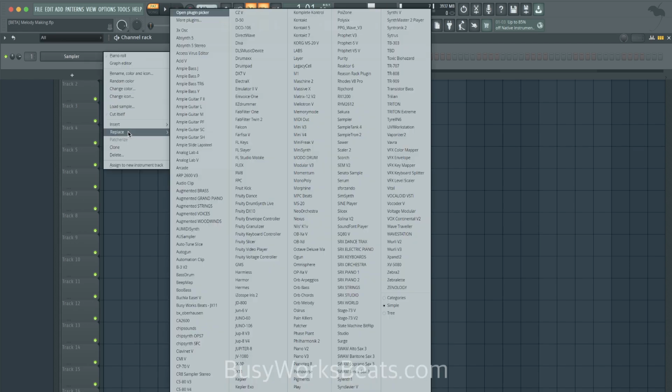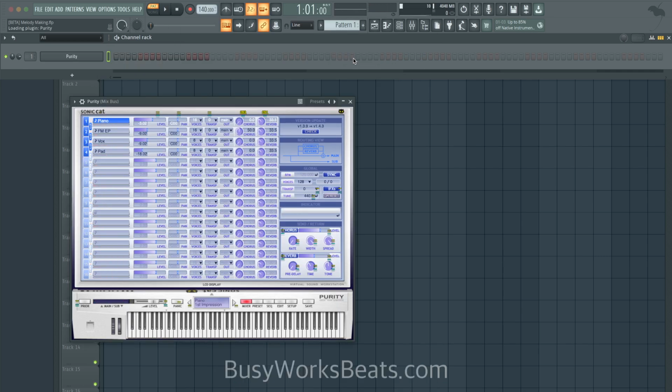So FL has done a lot. If you guys haven't been upgrading, make sure you upgrade to the latest beta. It's beta number 2 to get this feature. I'll leave a link below if I remember. But just type in ImageLine FL Studio Beta 2 or FL Studio 21.3 basically. That's a lot of words.